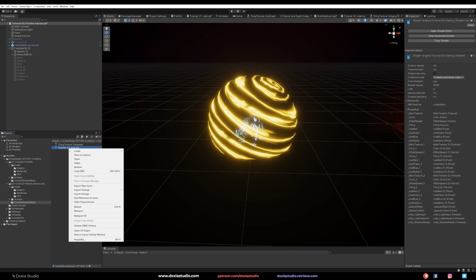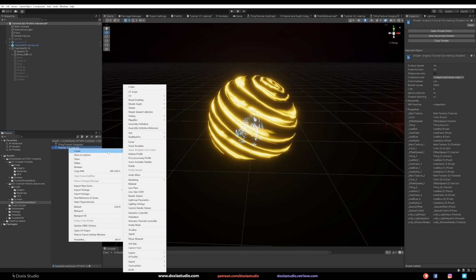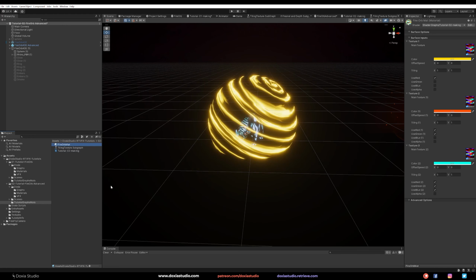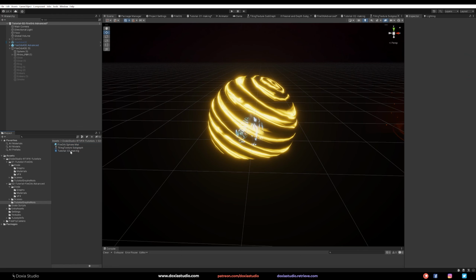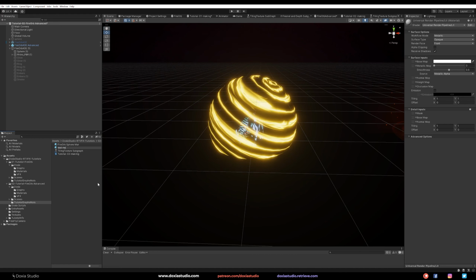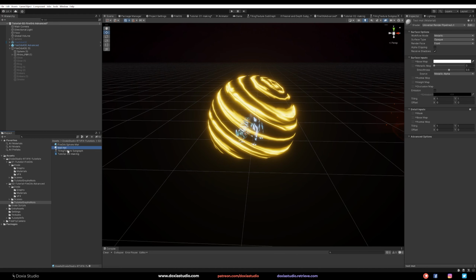So right click on that shader graph, create material, and let's go with fire orb matte. Let's go fire orb sapphire matte. Okay, pretty cool. If you don't want to right click on your shader graph to create material, you can come here, create material, test matte, just to explain to you.